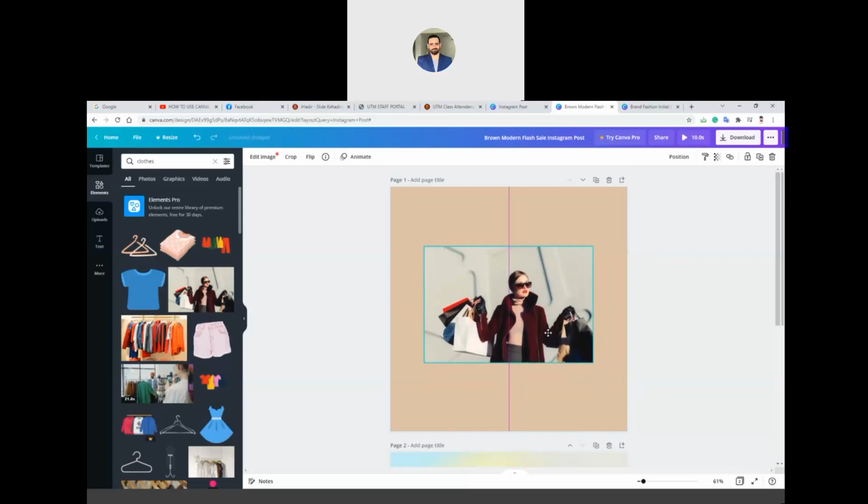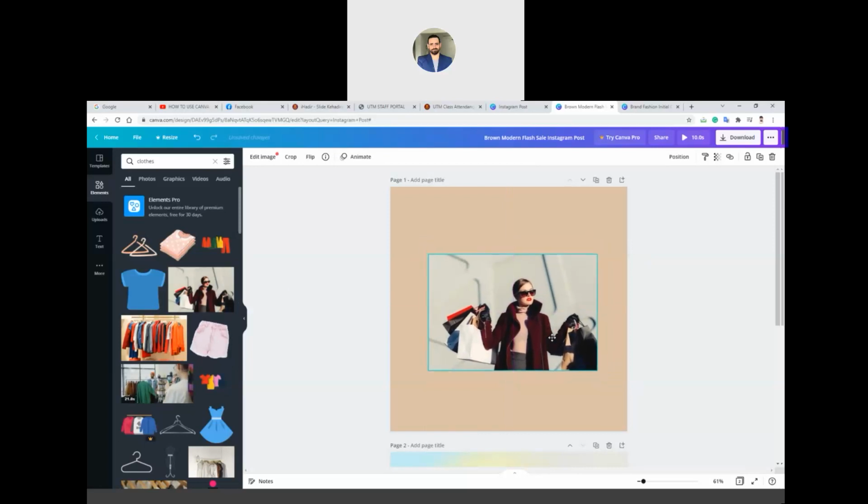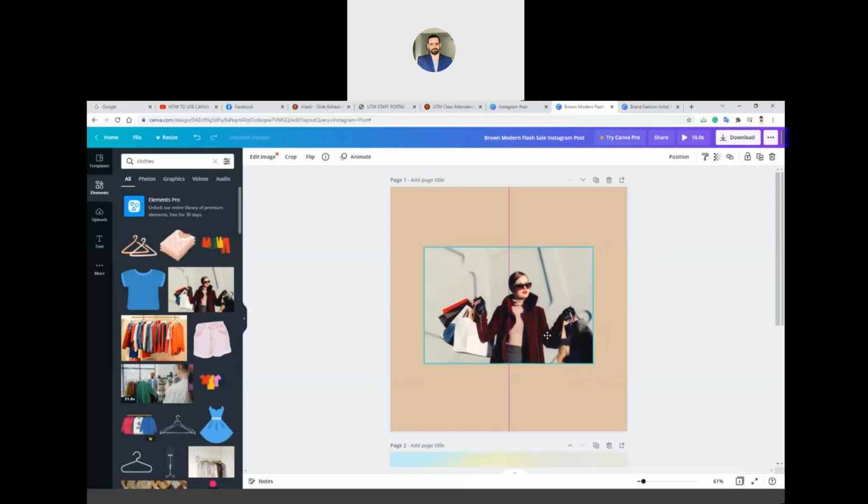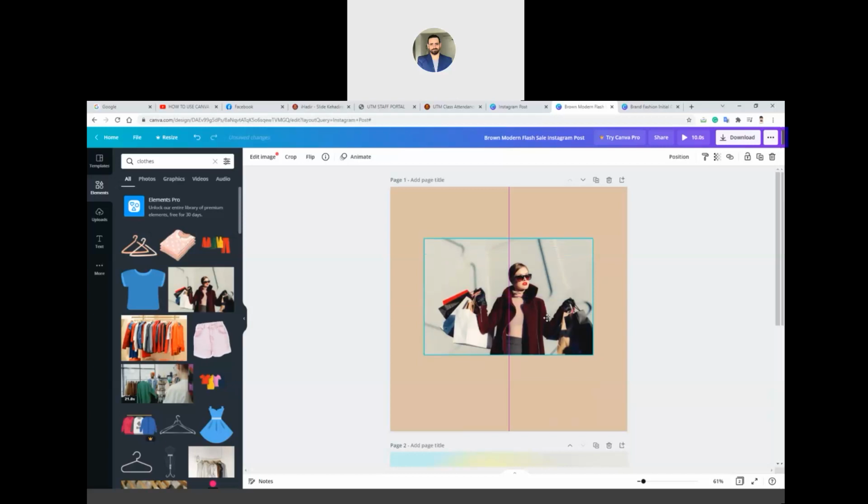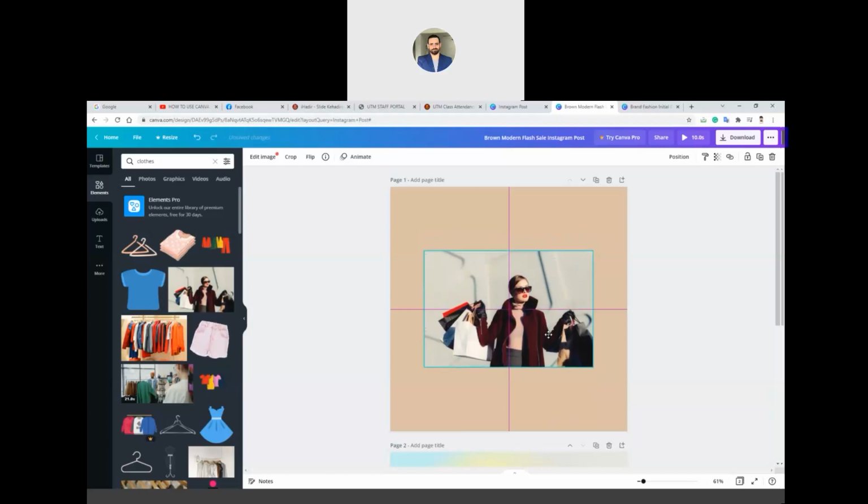Now when you want to move your elements around the design, make sure it's always in the center. How to do that? When you move it, you will find some magnetic tools that are actually going to attract the image in the middle. This is exactly in the middle, vertically and horizontally. Okay,